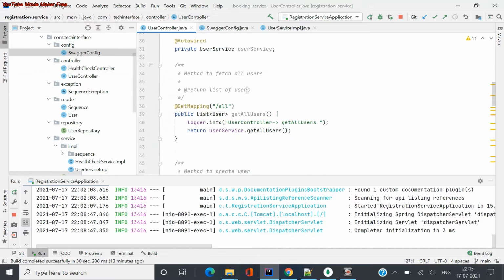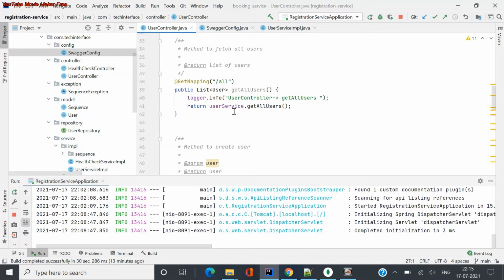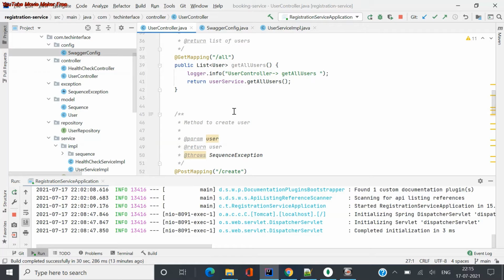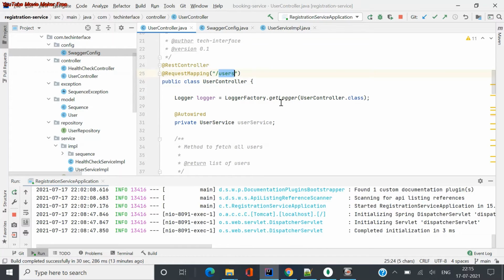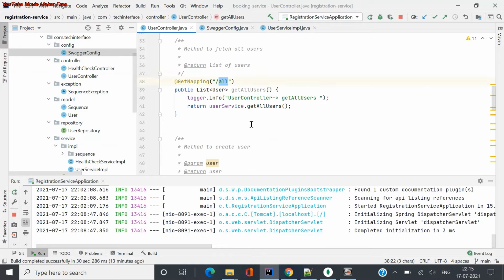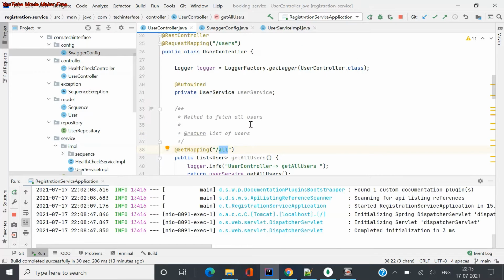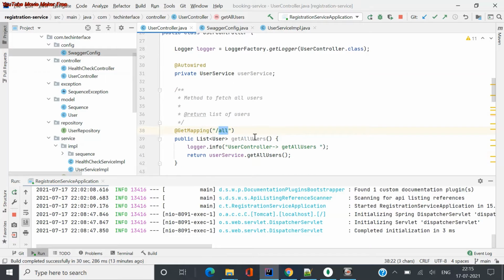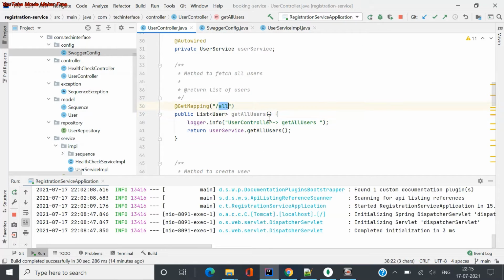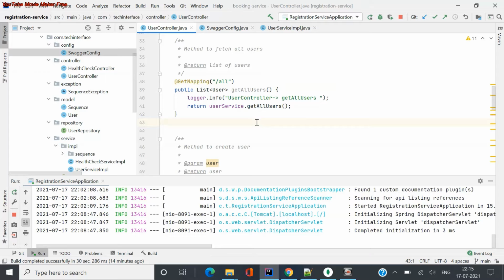The next one is when you're defining each method or each API operation, you give it a clear path, a subpath, which I can call the base path and the extended path. Here it is the base path, and here it is the extended path. When I say /user/all, it means you are getting all the users. It's normal English, so that even a non-technical person can read this from your Swagger or from the code.